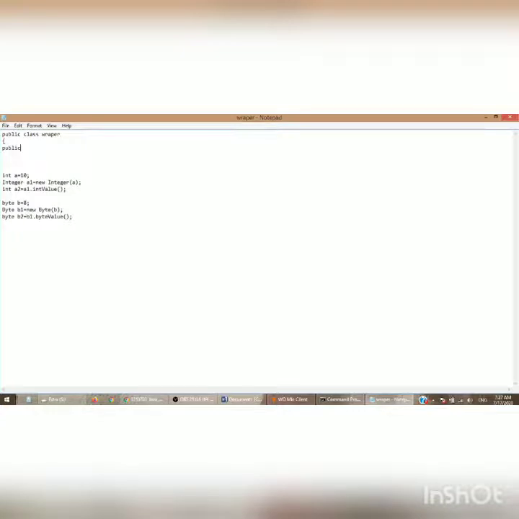I am writing my main method. Now I want to print the value of both the wrapped object and unwrapped object.